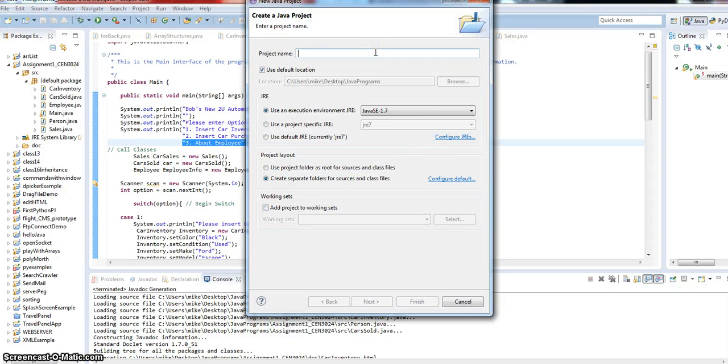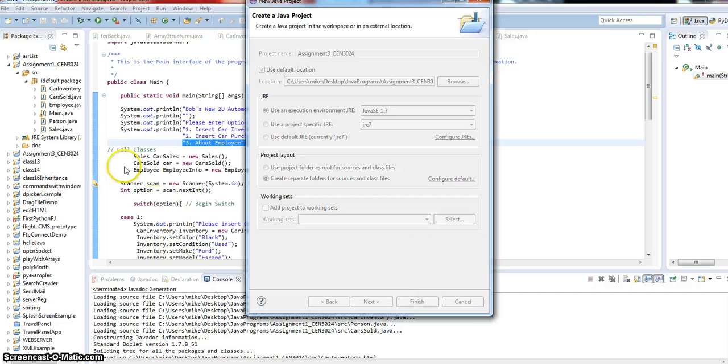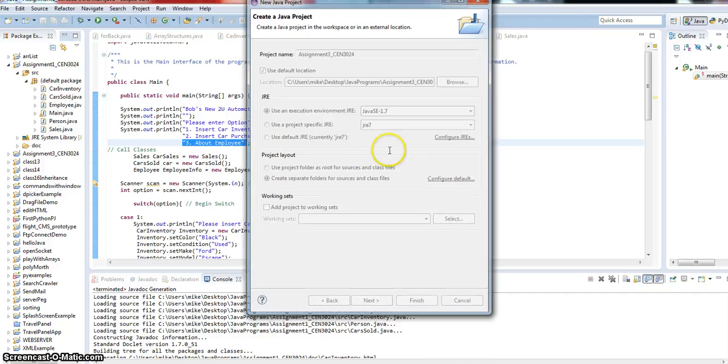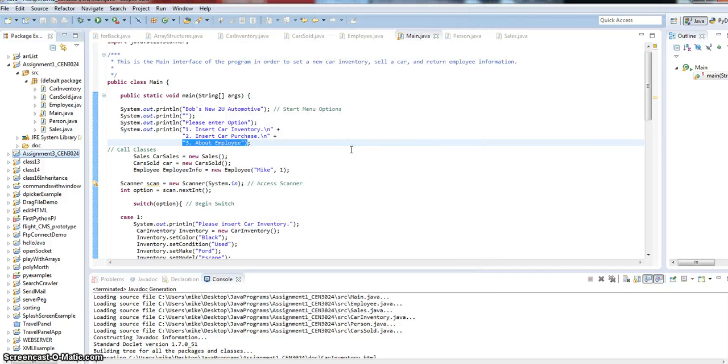After that, I'm going to name this assignment 3 CN 3024, because this is assignment 3, but actually it's referencing assignment 1. Okay, so I'm gonna click finish here, and technically once it's loaded, which is taking forever because it's just my